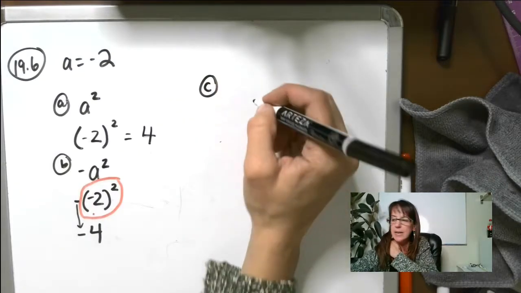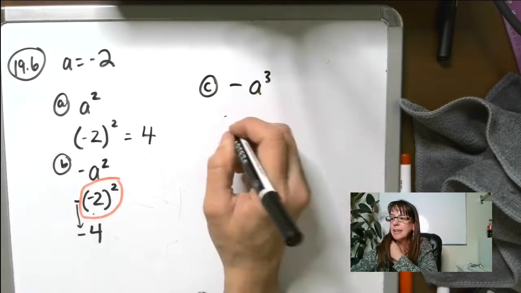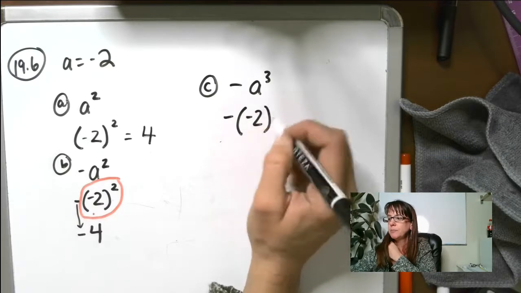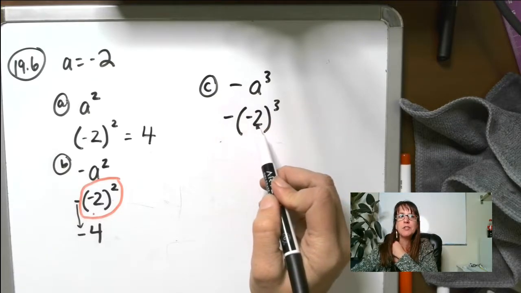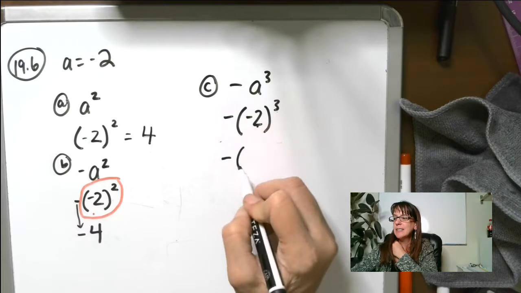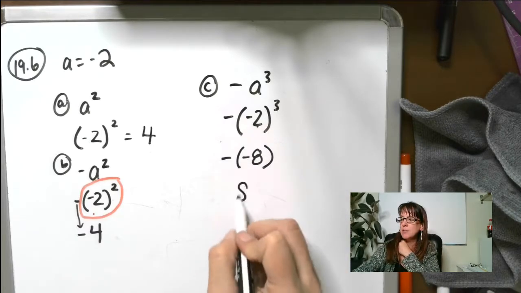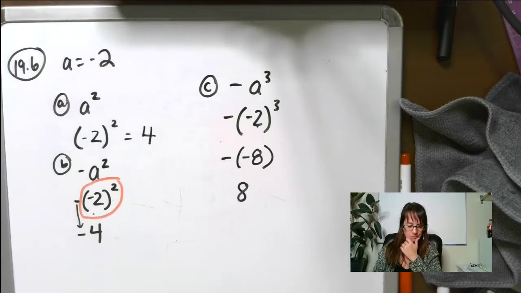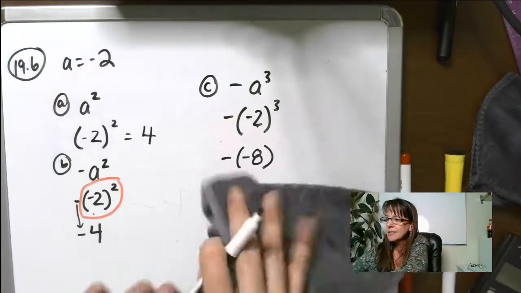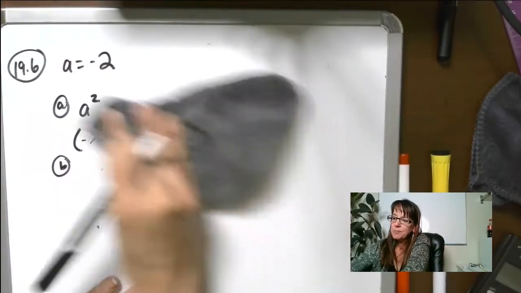negative A to the third. Negative, use those parentheses, negative 2 to the third. Negative 2 to the third power is negative 8, right? Negative and a negative is a positive, so your answer should be 8. All right, so D,